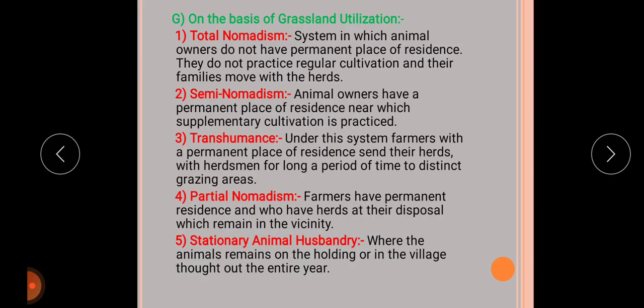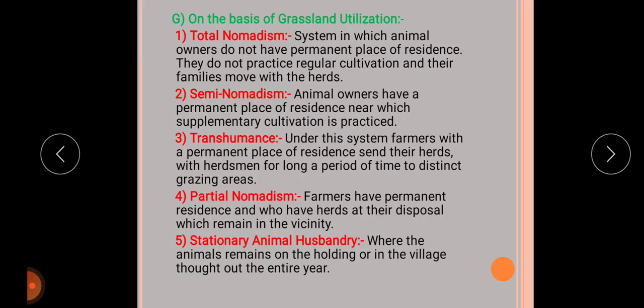Then the second one is semi-nomadism. Animal owners have a permanent place of residence near which supplementary cultivation is practiced. The third one is transhumance. Under this system, farmers with a permanent place of residence send their herds with a herdsman